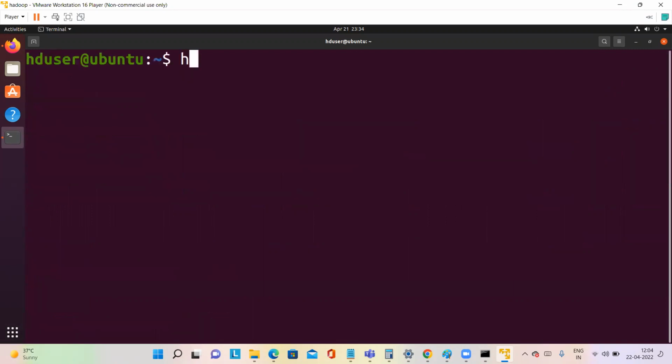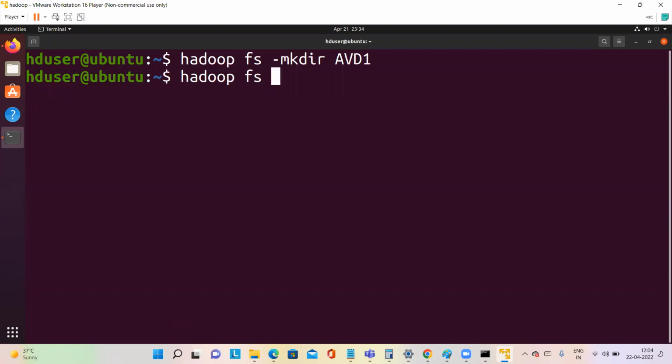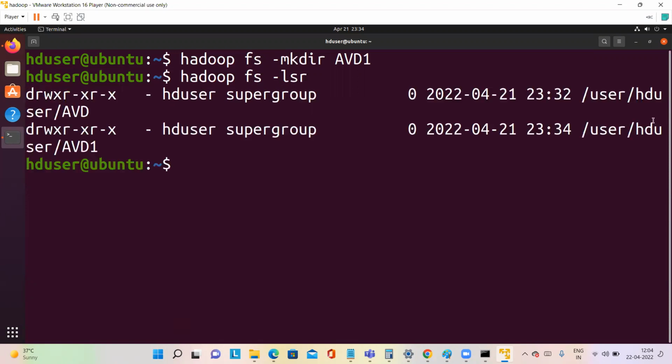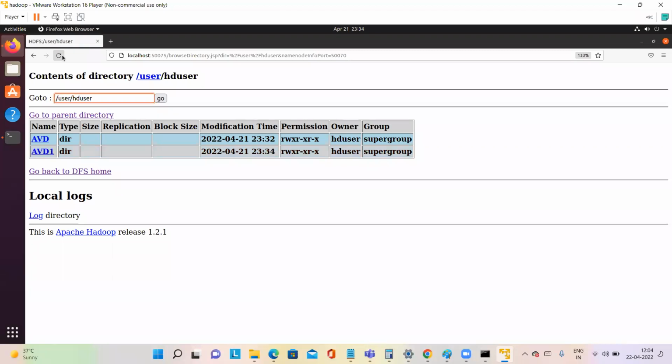Now hadoop fs -mkdir avd1. Where is this directory created? User, SD user. Hadoop fs -lsr. You see under user, SD user, you have avd1. Go to Mozilla Firefox, refresh, and the new directory will be created. Right? Now, for example,